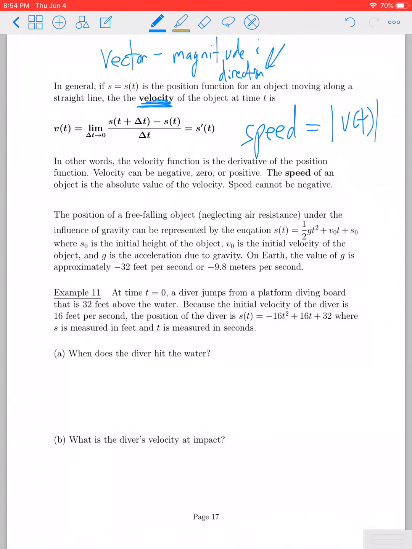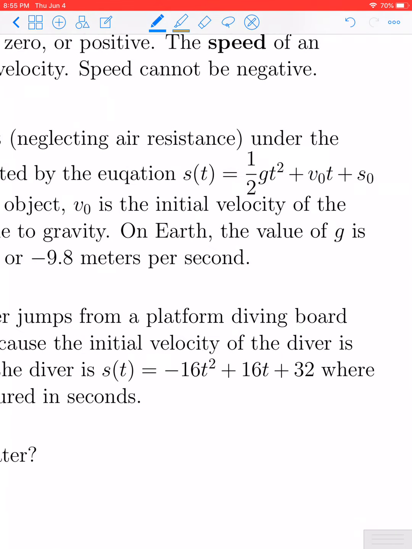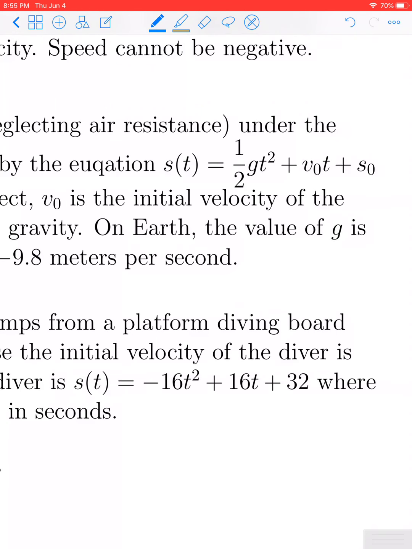A common application we'll look at will be free fall or projectile motion, under the assumption that we neglect air resistance. Let's suppose you throw something on a plane that has a gravity of g, and you throw it with initial velocity component in the direction of motion v sub 0 from an initial position of s sub 0. Then the position function for that object would be given by s of t equals 1/2 gt